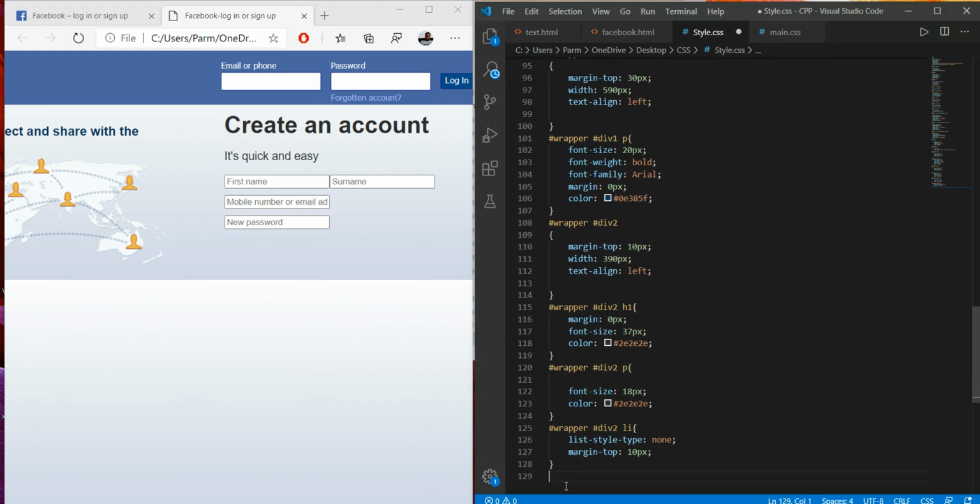In the next step, we have to set the size for this, as we have different heights.